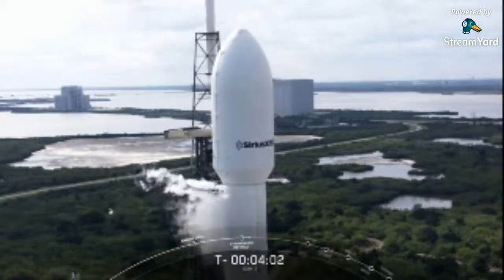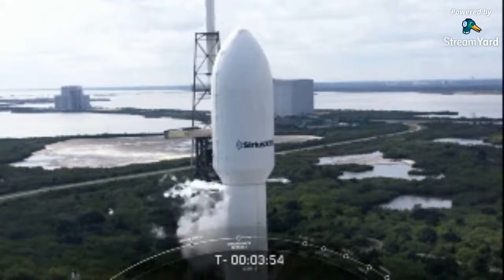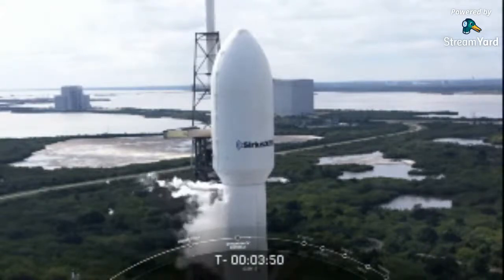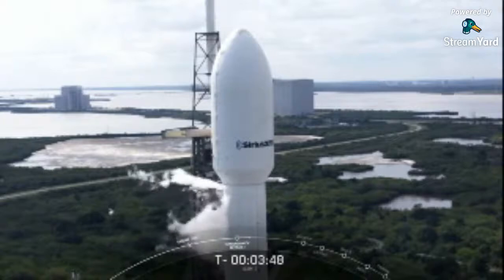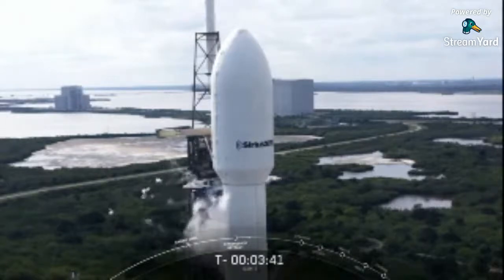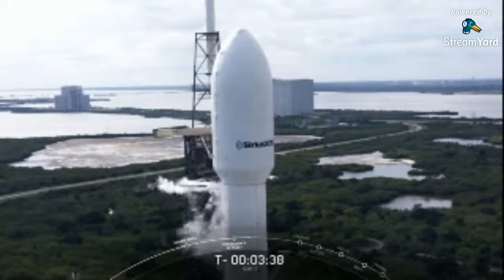And it looks like we got some strong back transporter erector action there, slightly moving backward away from the rocket. So we're currently at just under T-minus 4 minutes. Everything appears to be on track for our on-time launch. The range is green, and as for weather, we've been keeping an eye on those upper altitude winds today, but right now, everything is looking favorable. If for some reason we have to call a hold on today's launch, we have